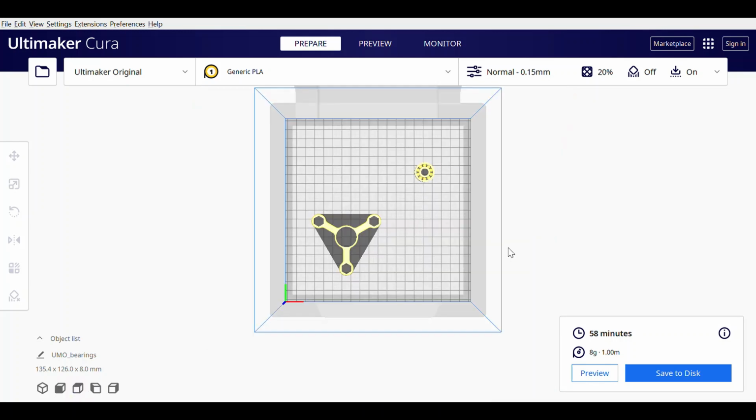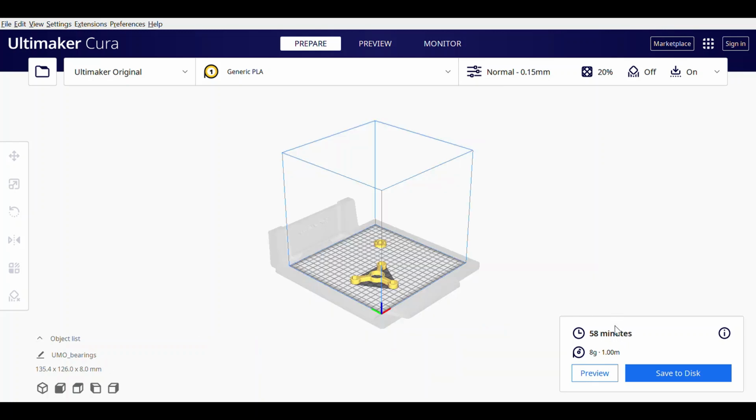After slicing and keeping the layer thickness as 0.15 millimeter, as you can see, and the infill density as 20%, and the print speed as 60 millimeters per second. After keeping all these settings, the estimated time for this is 58 minutes,